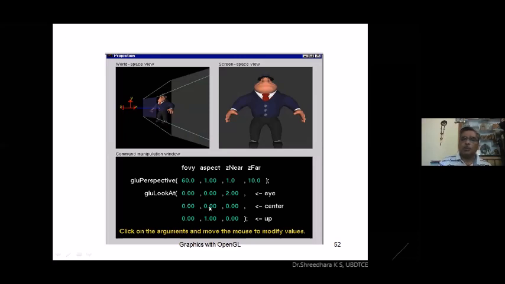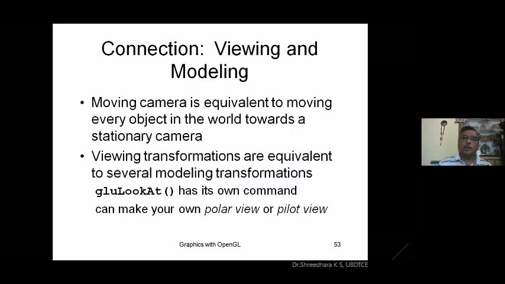Using this, an object is observed, and we can change the values of all these 9 parameters. We can make the object go front and back and see its size from different positions. To give this effect in your lab, you have the 4th experiment. Using that 4th experiment, we can do all this exercise.